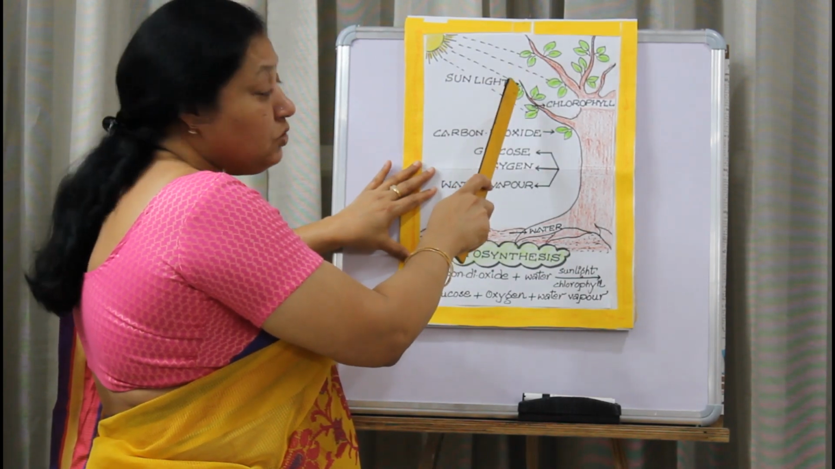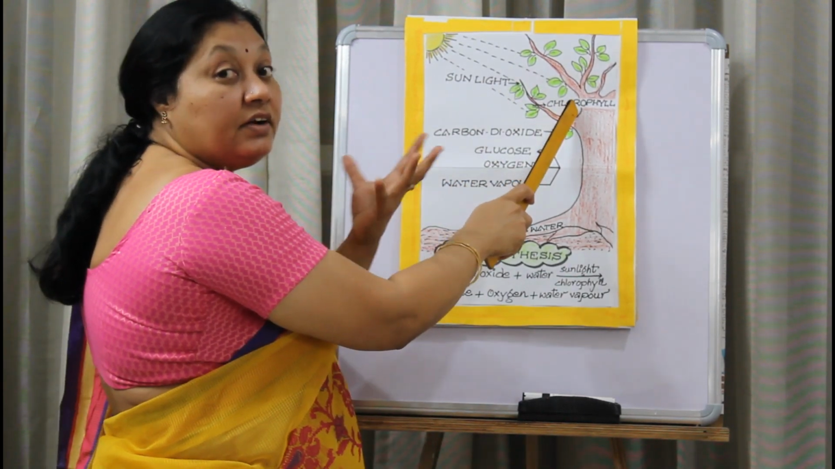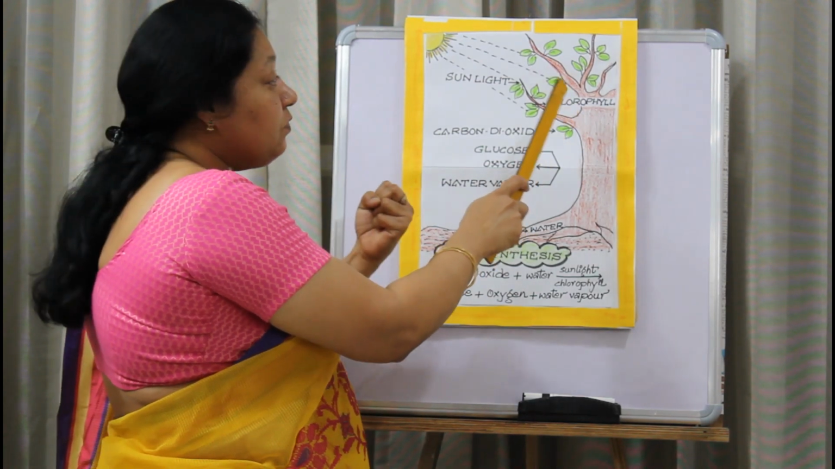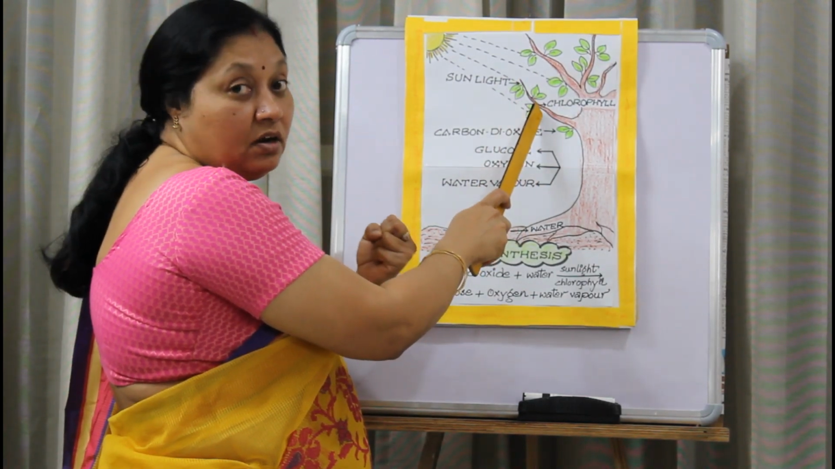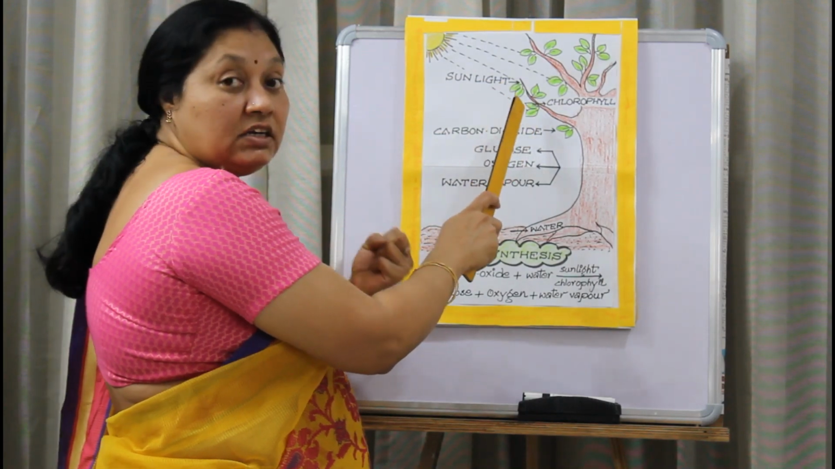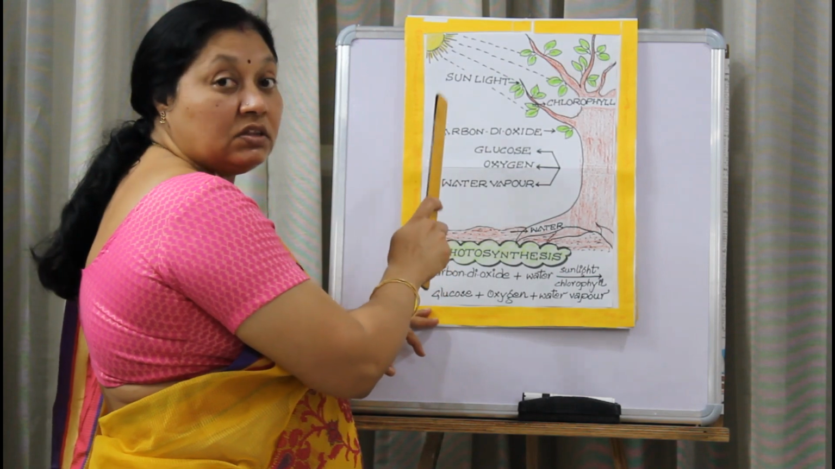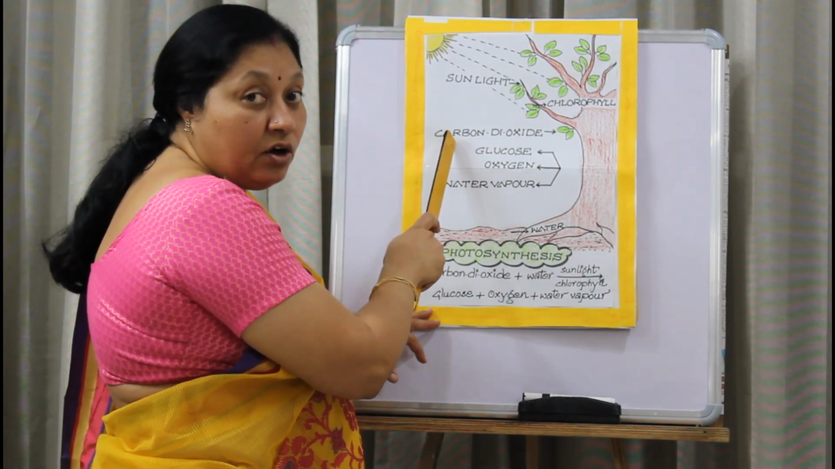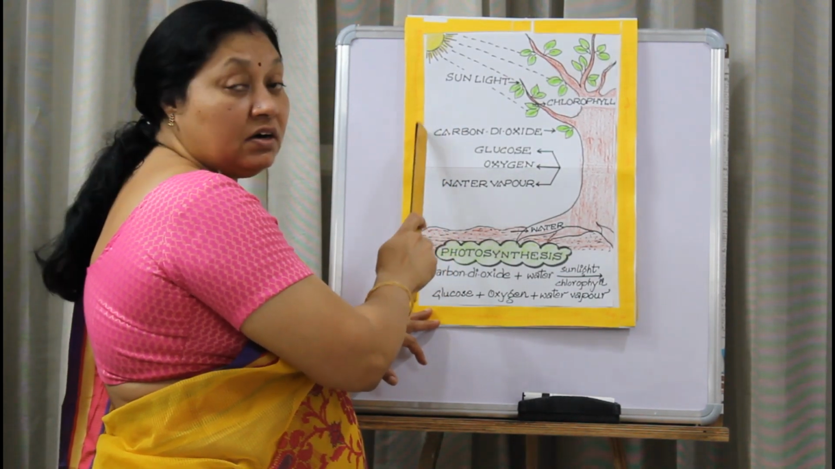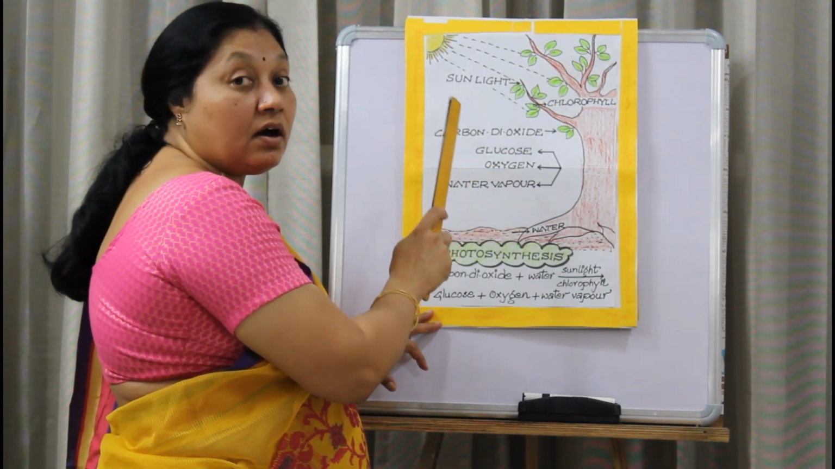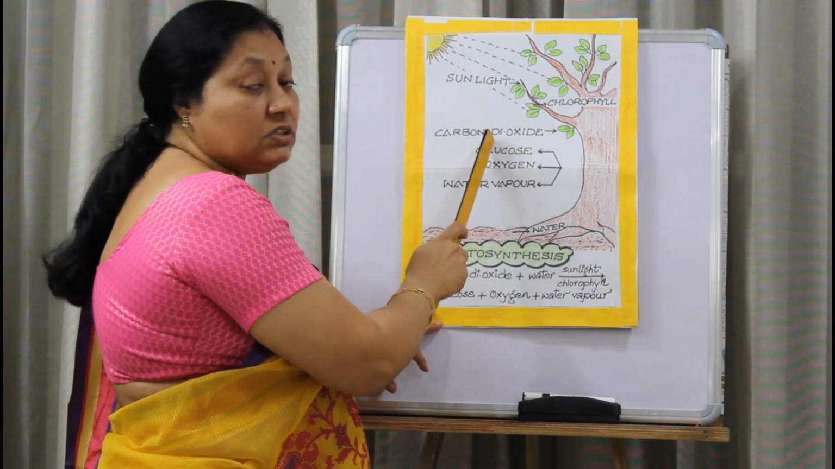the green leaves which have chlorophyll, they trap the sunlight. They trap the sunlight which gives energy to the leaves. This energy helps in preparing the food. And also they take the carbon dioxide from the surrounding air. They need a gas called carbon dioxide which helps in